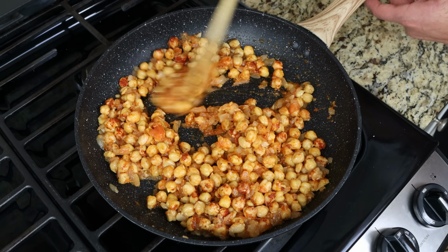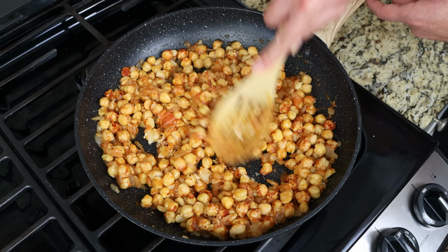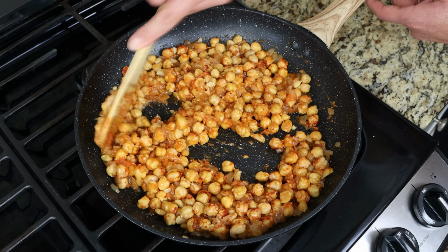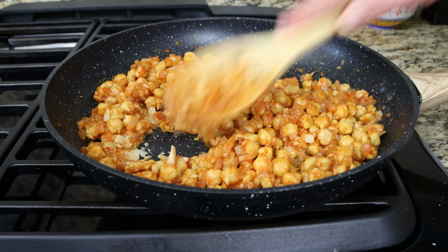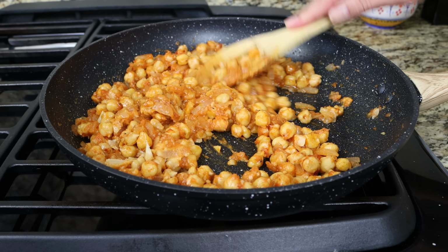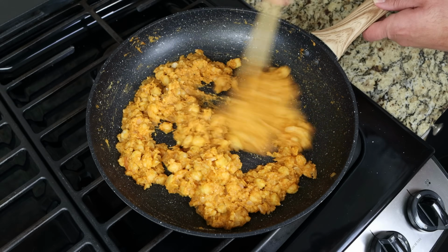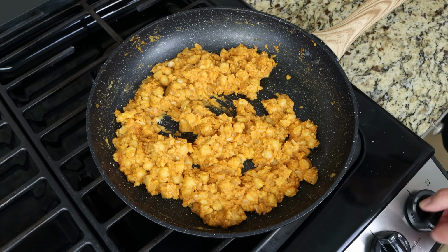Once everything is well mixed, we're going to continue to saute these ingredients between 3 to 4 minutes. And you want to make sure to start breaking those chickpeas apart as you're mixing it. That way they can absorb all the flavors in the pan. After sauteing the chickpeas between 3 to 4 minutes, this is ready to go. I'm going to remove the pan from the heat